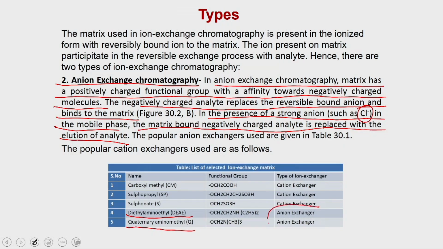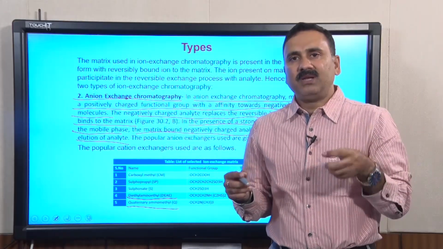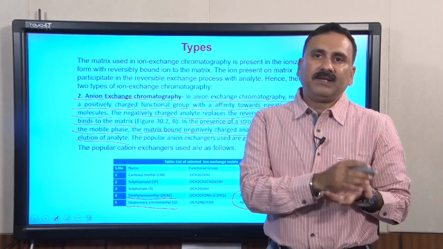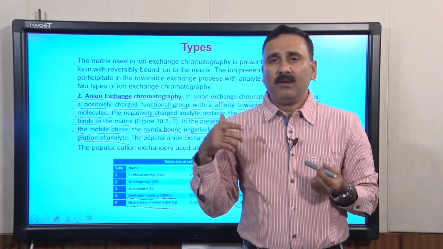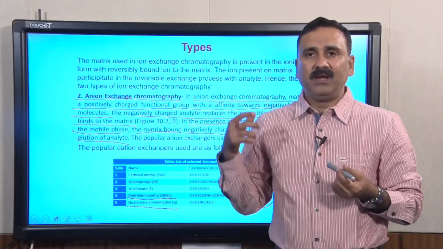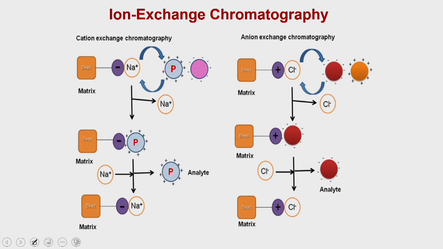So, these are the examples of anion exchanger. These are just a simple example to explain the ligands which are present on the anion exchanger or the cation exchanger, and how these two techniques perform chromatography and make a separation is given in this figure. In the case of cation exchange chromatography, you have the matrix which actually has the